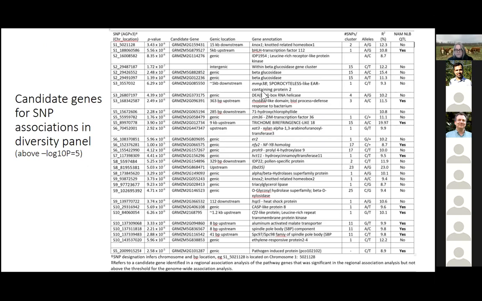So in a big table format, that's what this looks like. And what I want you to see in this is that this is a table with all the SNP hits and the gene annotations and where they're located and the gene names. Some of them have a lot of SNP clusters. Some of them have 15, 17 SNPs above a minus log 10 p-value of 5. Some of them only have 1.